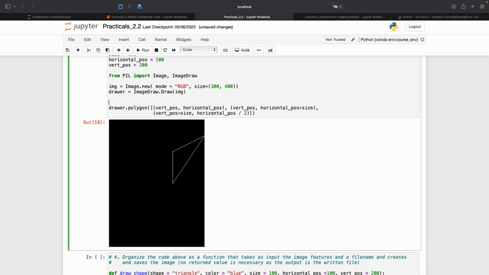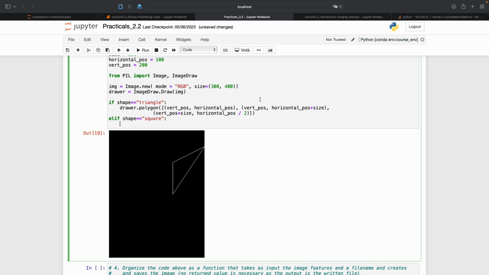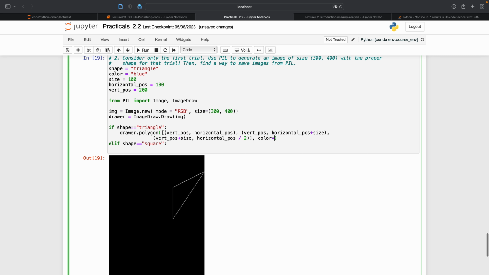So let's say if shape equal triangle, do this, if shape equal to square. Actually, we want to pass the color to be